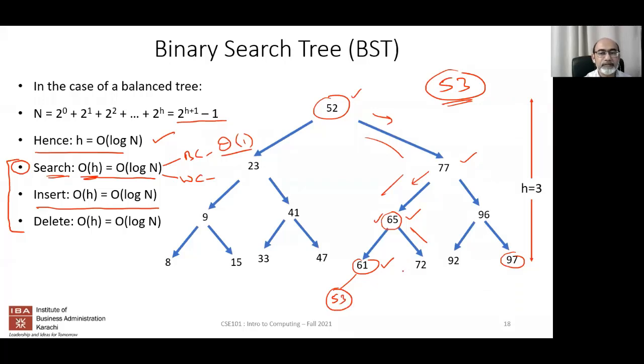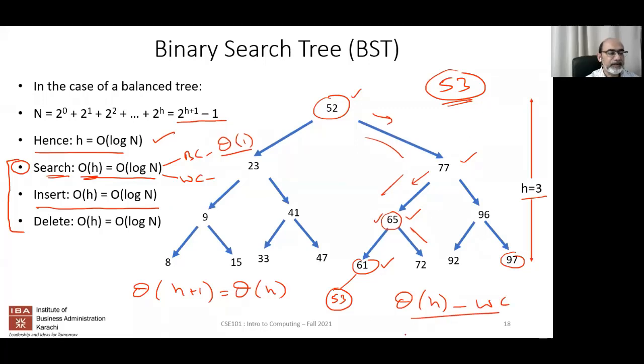Okay. So is it log n plus 1? In this particular case, in the worst case scenario, it's taken order of h. And if you remember, order of h plus 1 is basically the same thing as order of h. I hope you remember this from your initial equation. So h plus 1 is the same as h. So this will take order of h in the worst case. In the best case, we can see that it will take order of 1